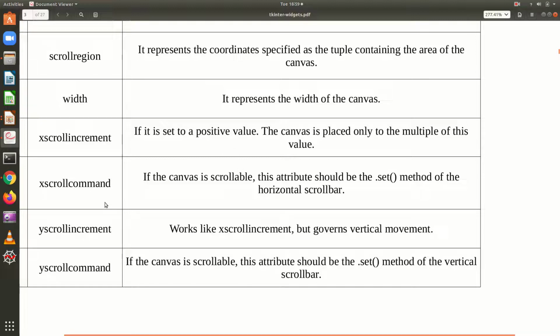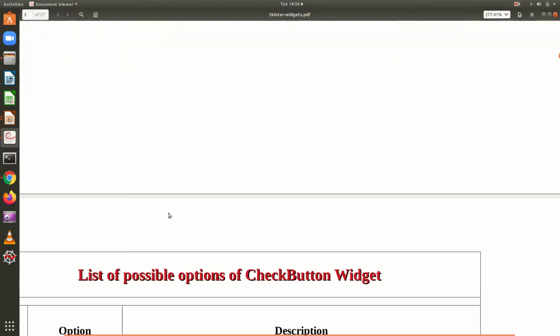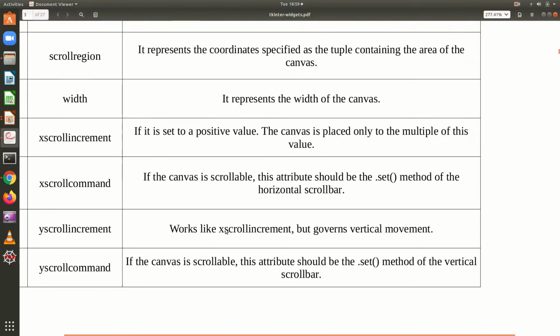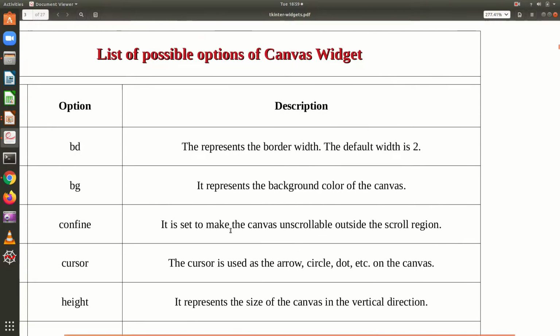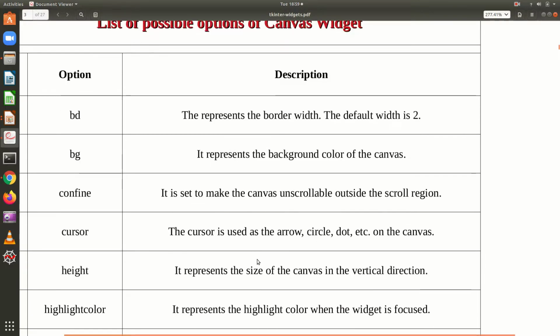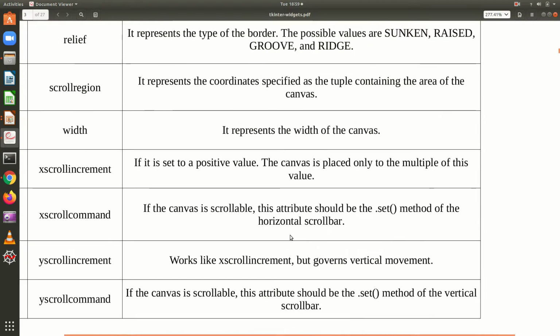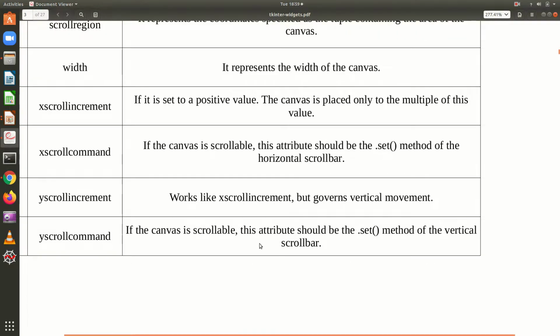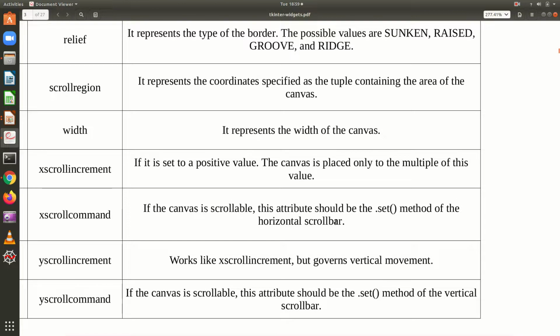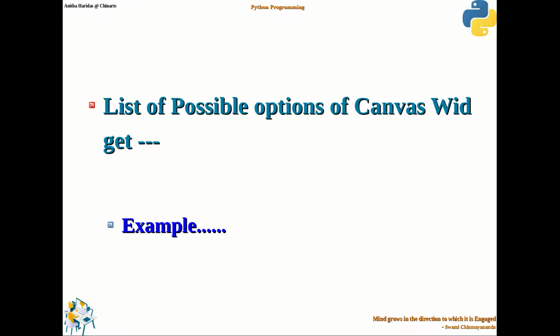Then if you have the xscrollcommand, the canvas will be scrollable, right? So you have this many possible options available for the canvas widget. Depending upon the requirement, you can specify whether the options should be mentioned in the syntax or not.